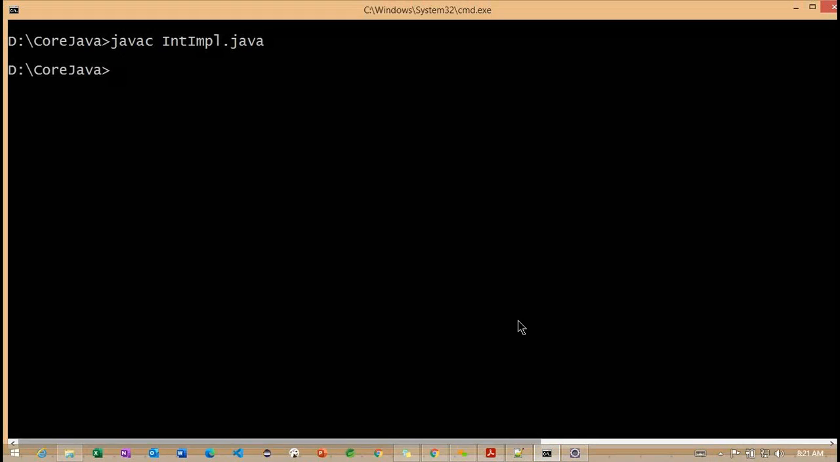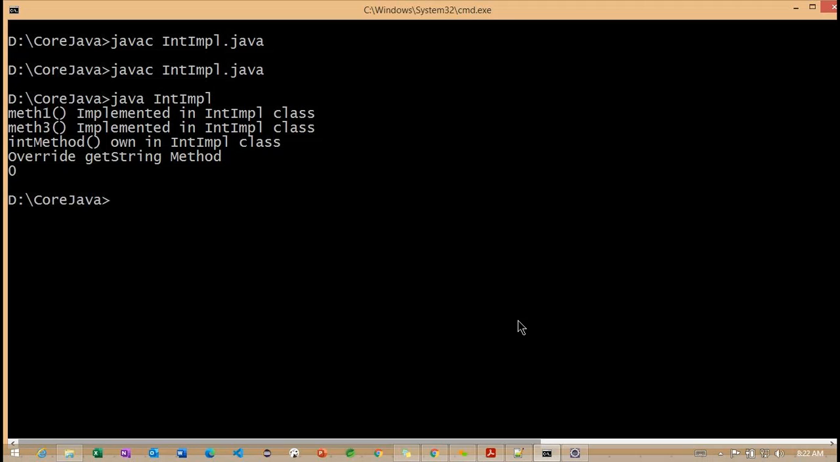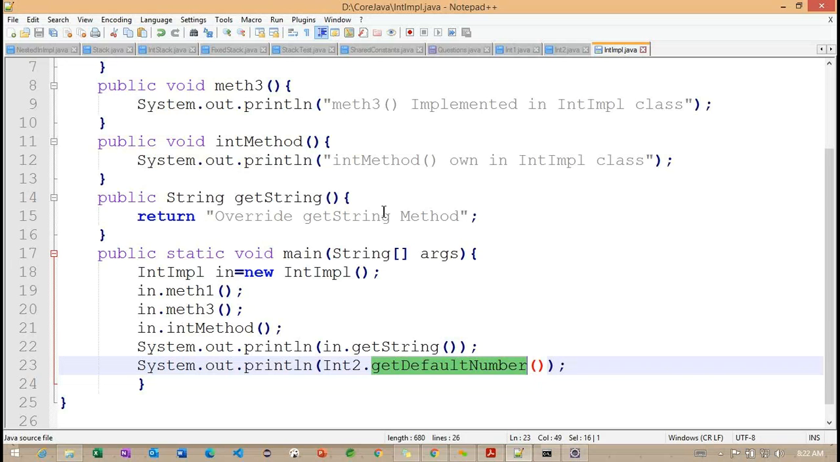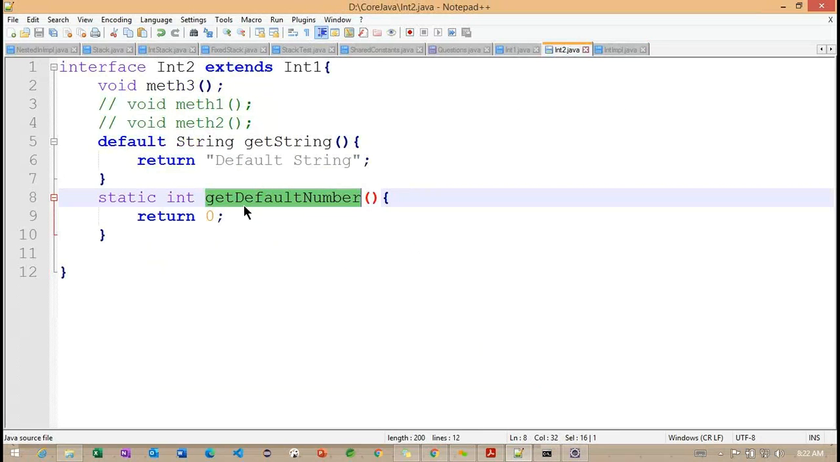Now you can see, compile one more time and do enter imp. So what is the value we are getting? 0. Getting the point. So finally, now you can see here we are getting 0. So if you see carefully here,